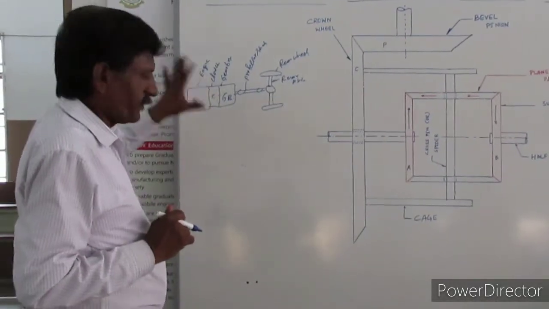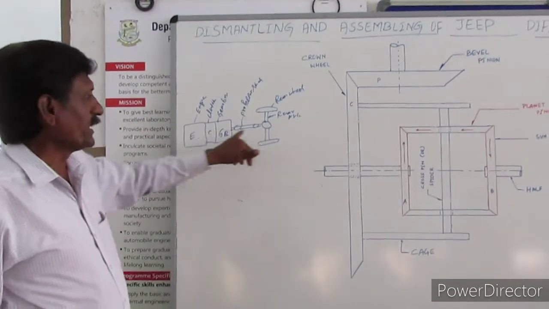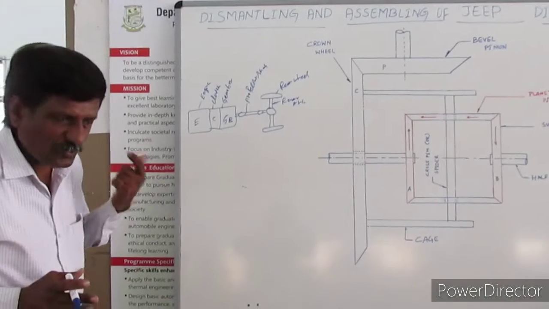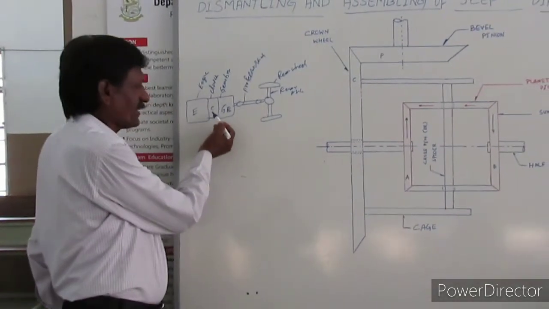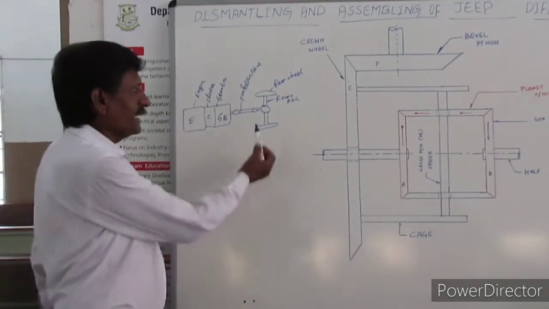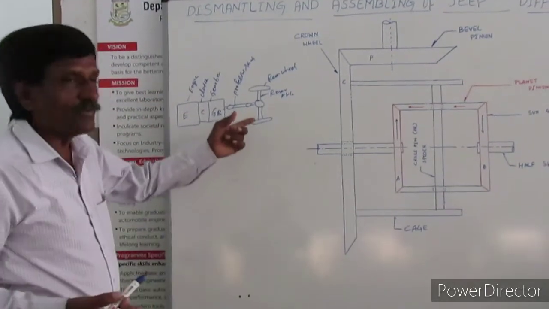As we know, in a four-wheeled vehicle, to transmit the power from the engine to the rear wheels, or the driving wheels, we are using a transmission system. The transmission system includes the clutch. The first component of the transmission system is the clutch, the second component is the gearbox, then the propeller shaft, then the power is transmitted to the rear axle, then to the rear driving wheels.